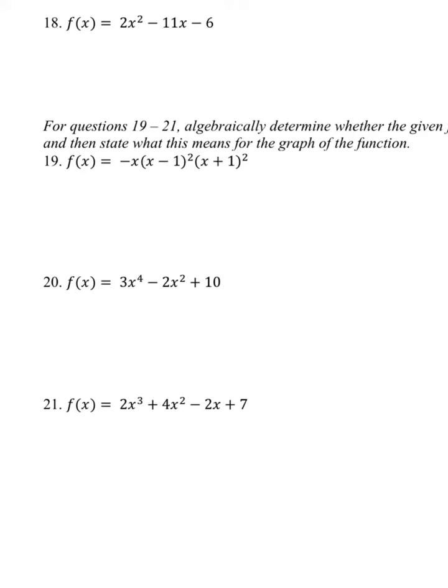For number 15, again, we're still finding the intercepts to start for the odds. So for number 15, I'm going to find the x-intercepts first. So my x-intercepts are where y equals 0. So this is actually kind of messy because you have to factor all of this. So this is 0 equals 2x to the third minus 4x squared